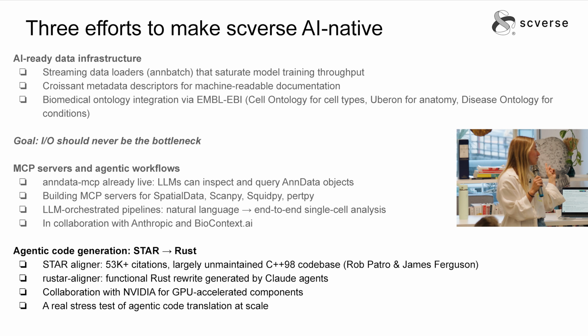So what we're doing is that it's called RASTAR aligner. It's also live. You can find it. And basically, we translate with Claude from C++ to Rust. And we already established that it kind of works. We're still running things. We need to make sure. But it's exciting. It's a collaboration with NVIDIA for the GPU accelerated components. But the cool thing is that it's a real-world example of how we can use LLMs. I don't want to advertise only Claude, of course, but we are collaborating with them. And the main thing is, one of the problems that we face is the maintenance of tools, right?